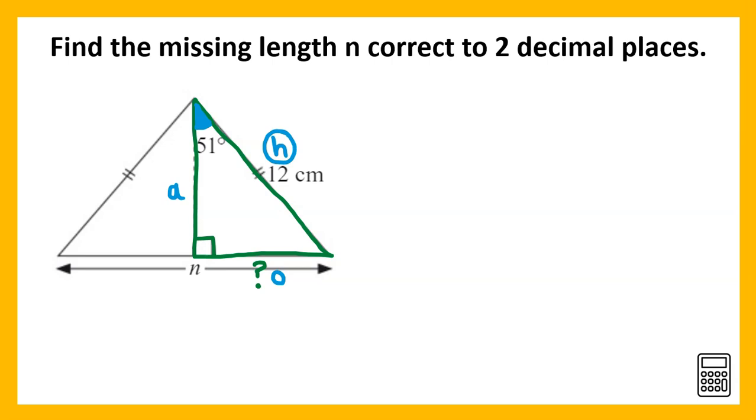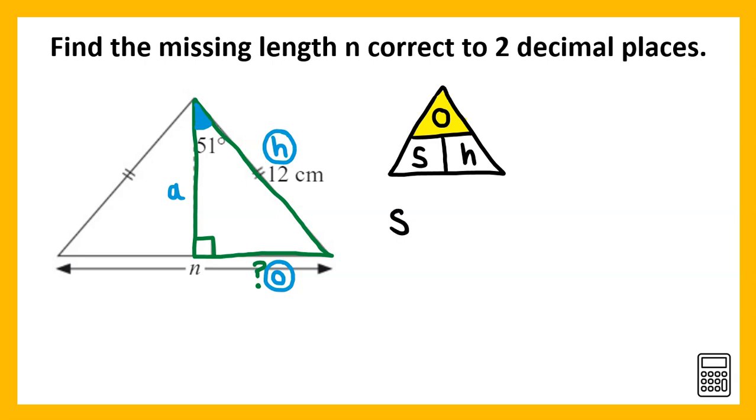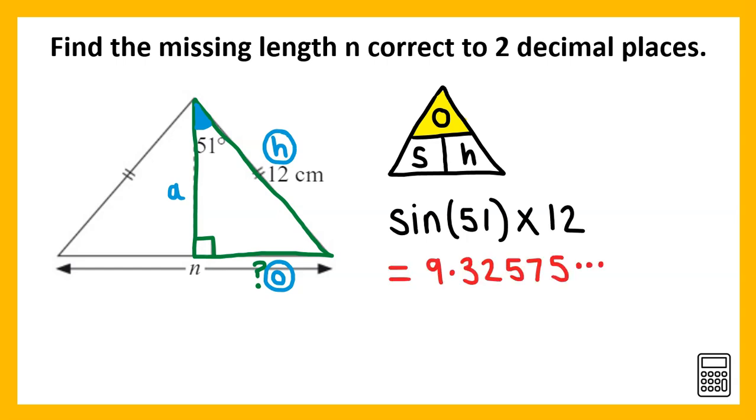I've got the hypotenuse, and I would like to work out the opposite so that I can then use this to find the total length n. The ratio that involves opposite and hypotenuse is the sine ratio, and covering up the opposite shows me that I'll need to take sine of my angle of 51 and multiply this by the hypotenuse, which is labelled as 12. This is equal to